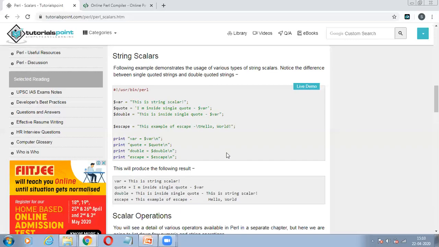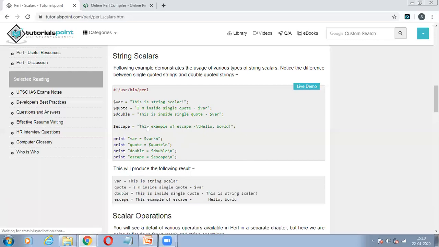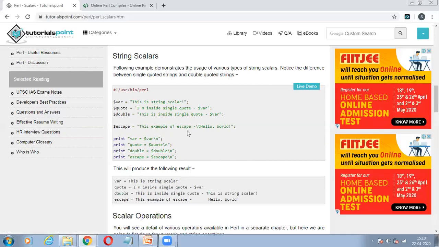Examples जो हैं वो आपको यहाँ पर क्या बता रहे हैं, आप double quotes के अंदर declare करोगे, single quotes के अंदर declare करोगे, आपकी string जो है वो हमेशा call हो सकती है। पहली बात, easily, इसके आने में कोई दिक्कत नहीं होगी। ठीक है, और आप एक string के अंदर दूसरा string को call कर सकते हो, वो भी बहुत आसानी से, क्योंकि एक string के अंदर दूसरी string आने वाली क्या है, कुछ भी नहीं, सिवाय variable के कुछ भी नहीं है।